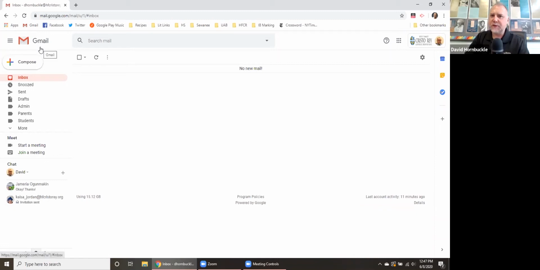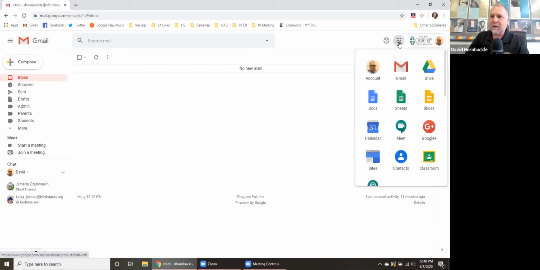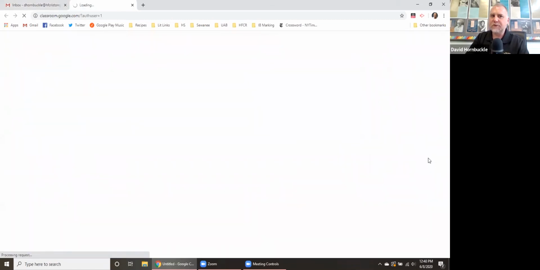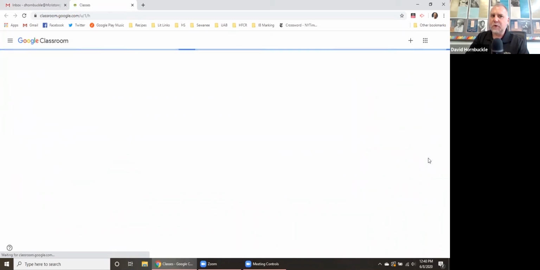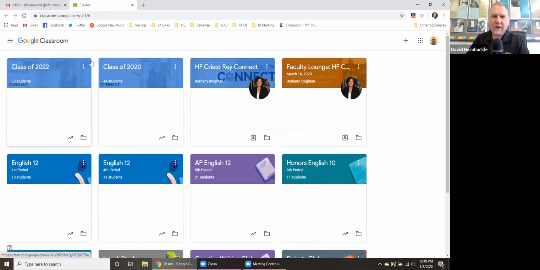One of the easiest ways to get to Google Classroom is to go to Gmail, where you should be logged into your Holy Family Cristo Rey Google account. And up here in the upper right corner, you see the square of 9 dots. That's how I get to my other Google apps. If I click on that, I can go down here to Classroom, click on Classroom, and Google Classroom opens up. You can also go to a new tab and type the URL in directly, classroom.google.com, and it will take you